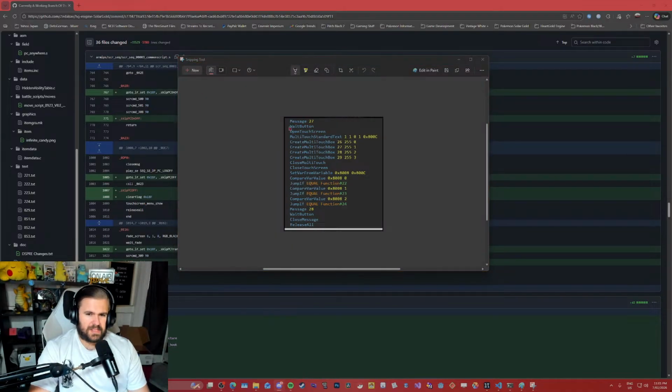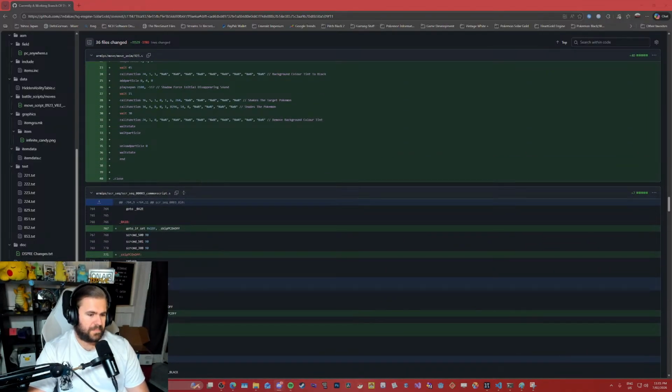So it's like play message, wait button, open the touch screen, and a multi-touch standard text comes up. It has parameters and it sets a variable, and then it must just have different options. So create multi-touch box, and so on. Then you click one of the options, close it, close the touch screen, and set the variable. Depending on which variable you clicked, you'd jump to the different function. That to me makes way more sense than trying to deal with all this custom stuff.